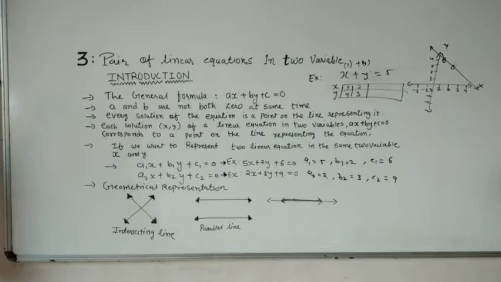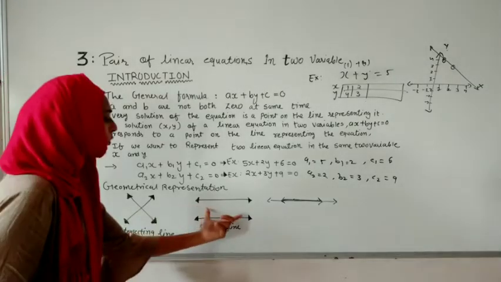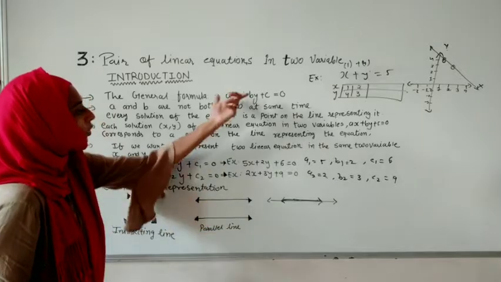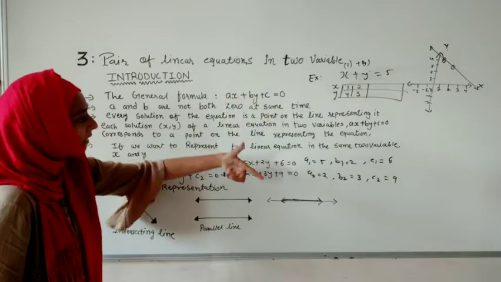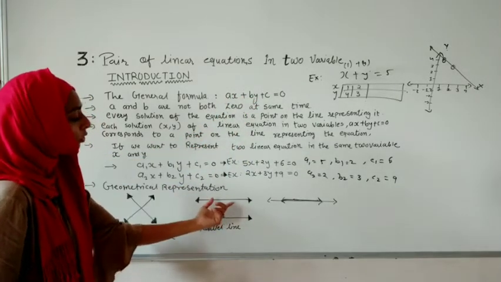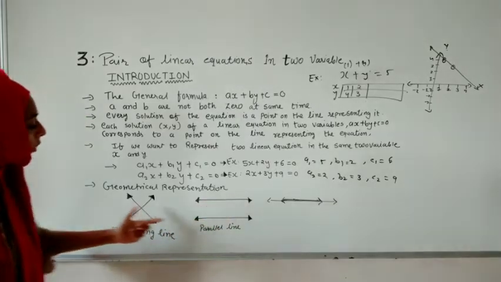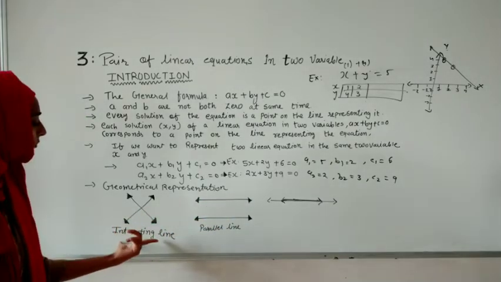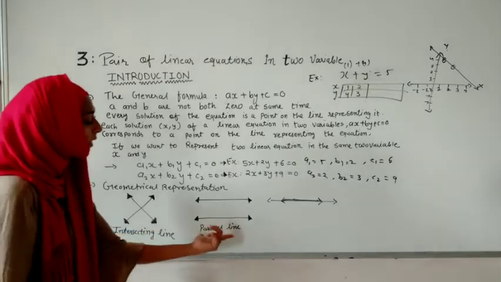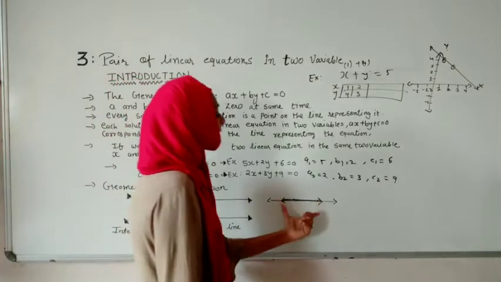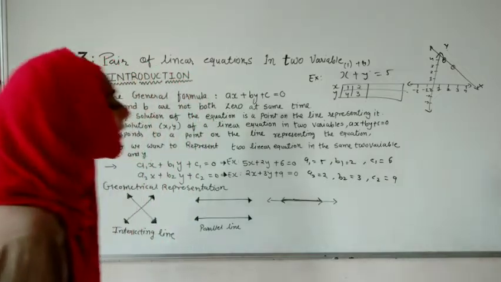So this is the concept for this year. This is a new concept for 10th standard, because in 9th standard we were working on linear equations and plotting on the graph, and there also we were getting this kind of solution. If two linear equations were already given, we substituted values ourselves and plotted them on the graph. So what kind of graph do we get? Either intersecting lines, or parallel lines, or else they were coincident.